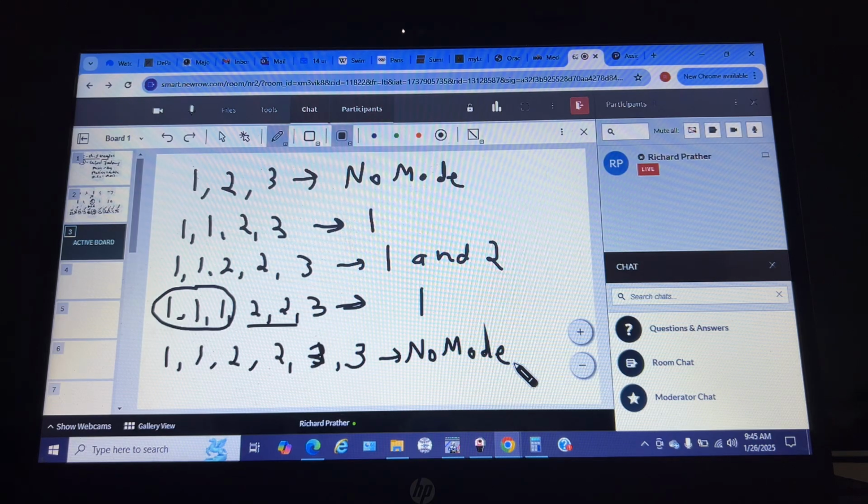But you can get a whole bunch of answers. If there was two 1s, two 2s, two 3s, two 4s, two 5s, and a single 6, then you could have 1, 2, 3, 4, and 5 as your mode. You probably wouldn't see an example like that either. But